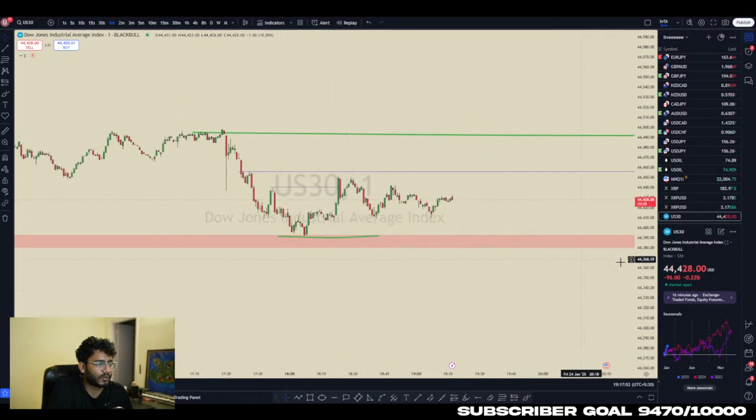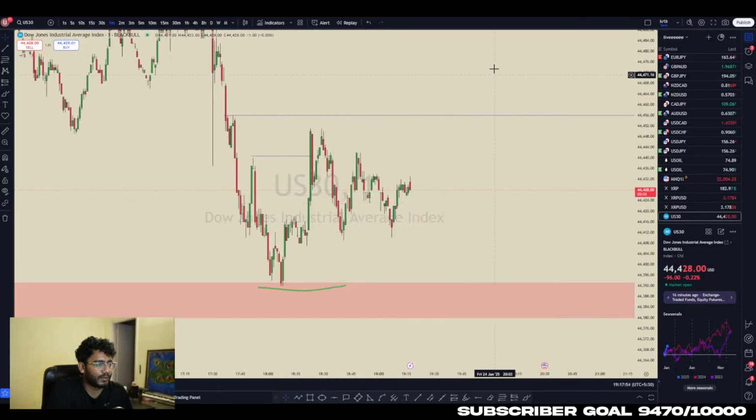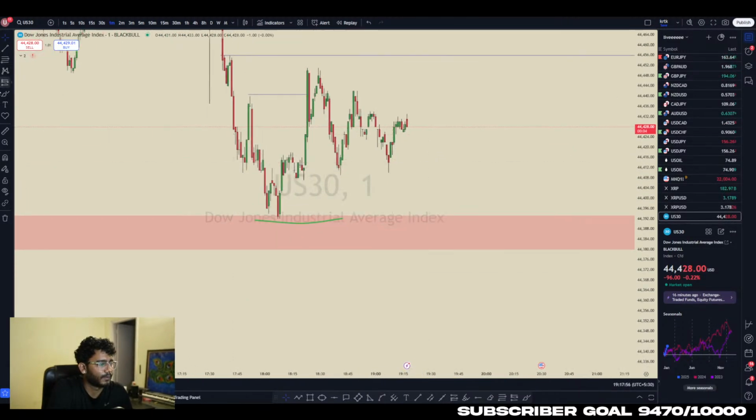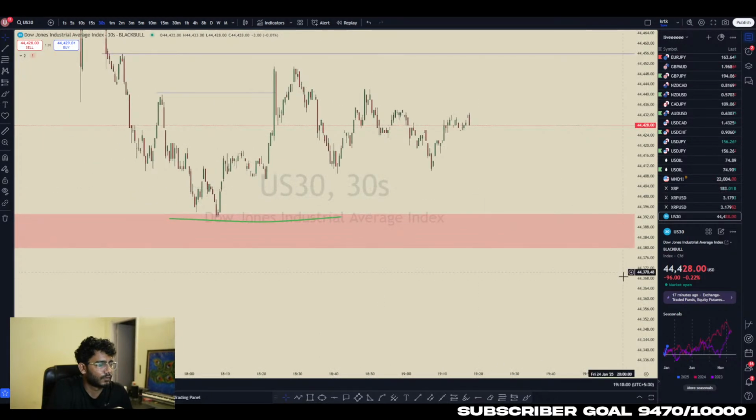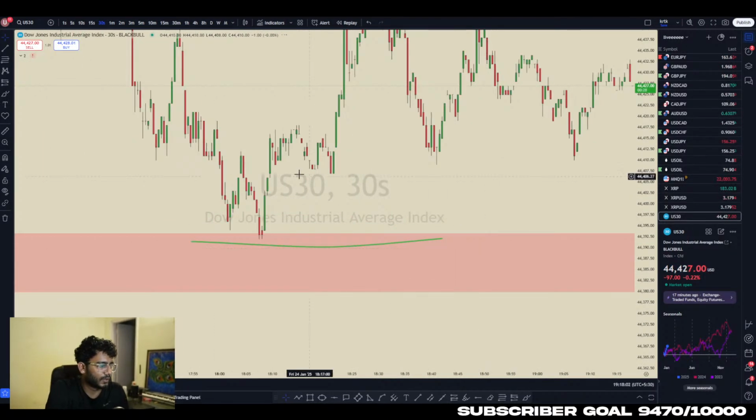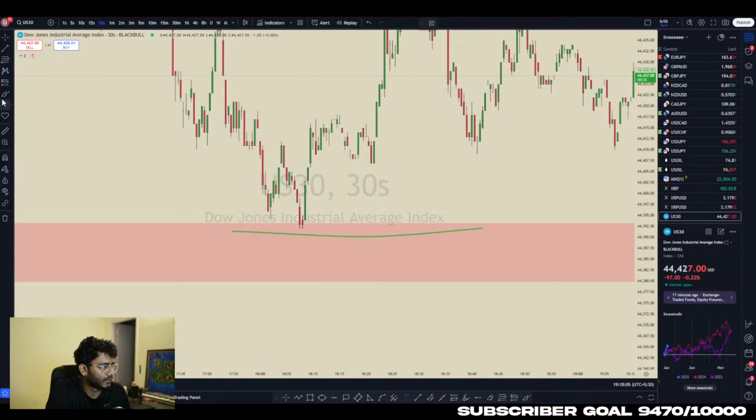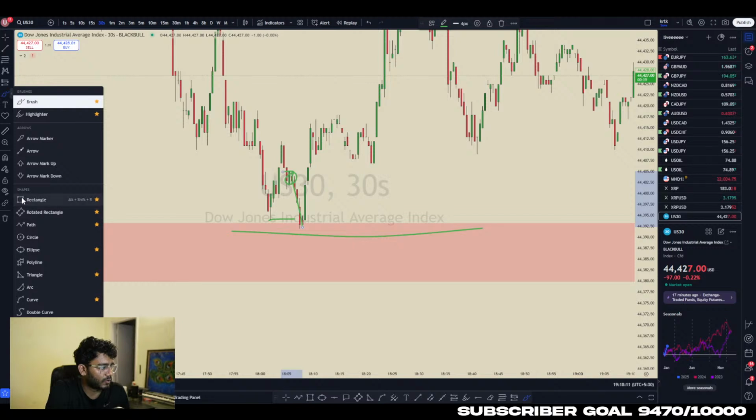On USRT also, I'm waiting for price to break this high, so we can look for a buy side entry. So on USRT, on 30 seconds, we can see this low is induced and the price started to go down from here. So we have this order flow,